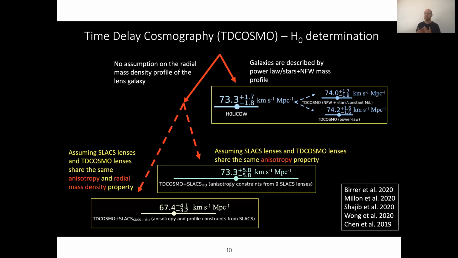And we have also here a summary of the TDCOSMO projects and the different values that are being presented in the literature, with the decision tree, so to speak, on what assumptions you want to rely on. What I also highlight is that the assumptions of the power law stars plus an NFW profile also require a constant mass-to-light ratio, as well as certain priors on the mass-concentration relation and the masses of the halos,